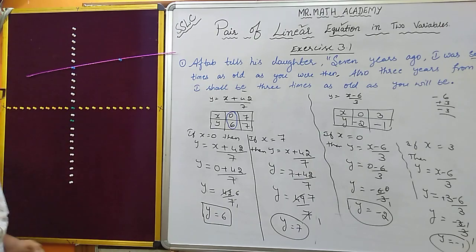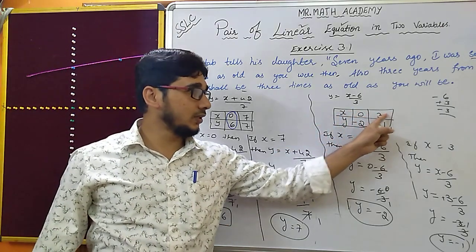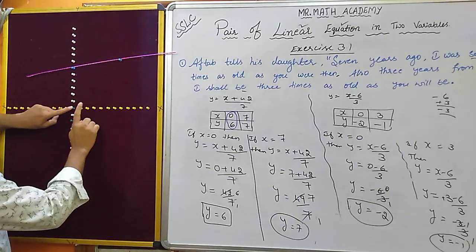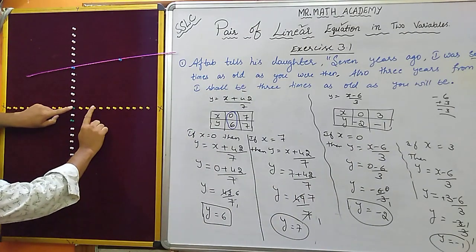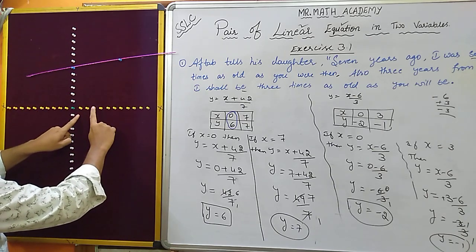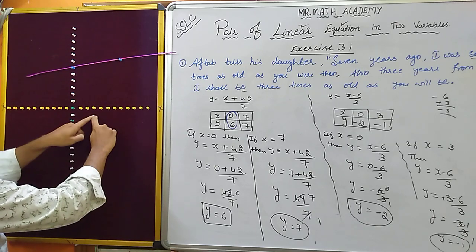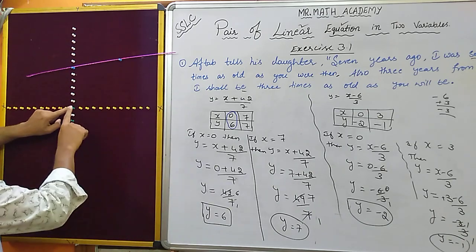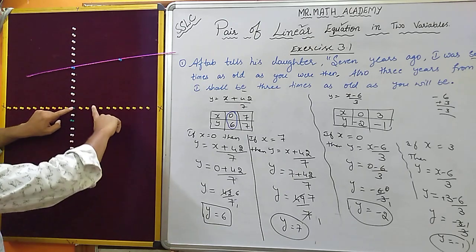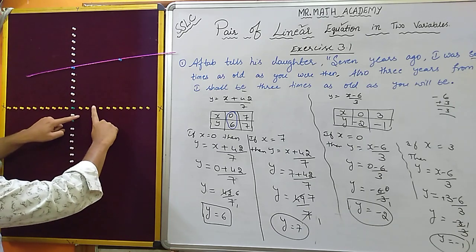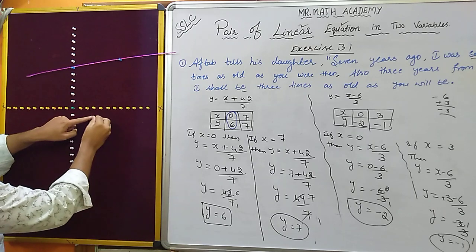Okay, y is minus 2, and again x is 3, y is minus 1, x is plus 3, this is 0, 1, 2, 3, plus 3, y is minus 1, minus 1. Both, where will they come and join? Here. See, again I'll repeat. x is 3, this is 0, 1, 2, 3, keep the finger like this. y is minus 1, this is minus 1. Where will it come and join here? Both will come and join here.